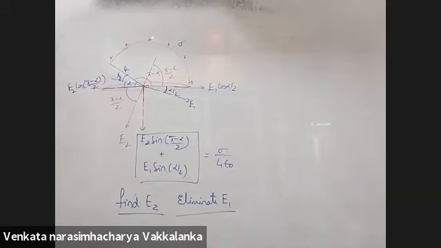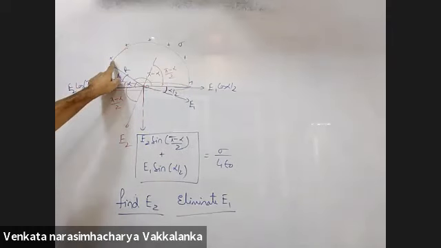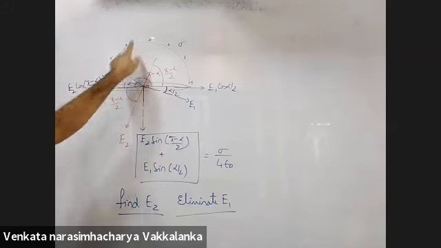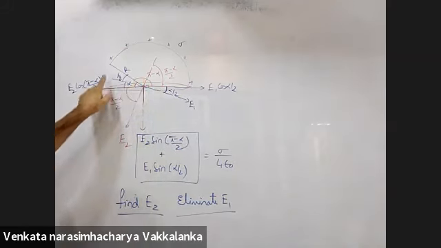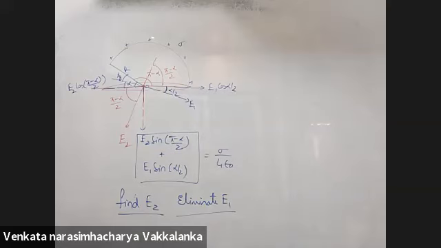Hello, sir. I had another method in which, in the previous problem, we found sigma by 4 epsilon naught integral from pi by 2 to 0. Instead of pi by 2 to 0, if we put alpha by 2 to 0, then can we get the correct answer? The ring that you consider will get distorted. What is the state of the ring here? One part of the ring is not there. You took the field of the ring, but when you come to this element, one part of the ring is missing. Okay, sir.